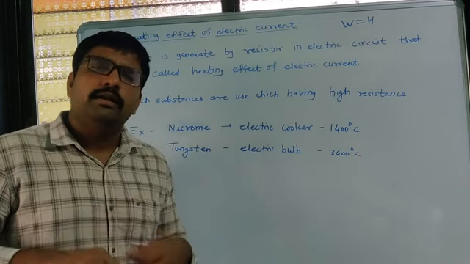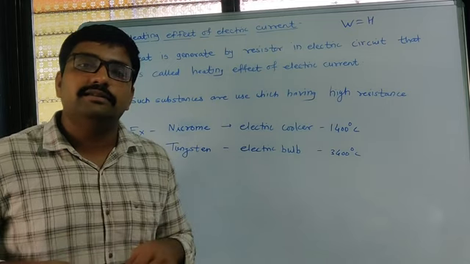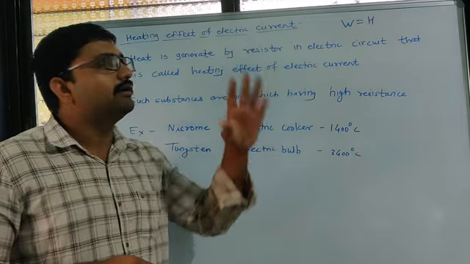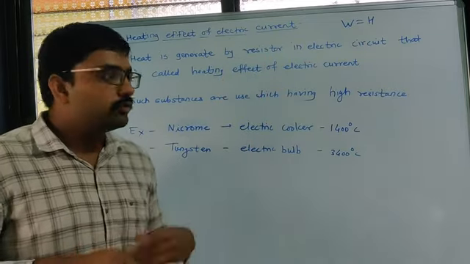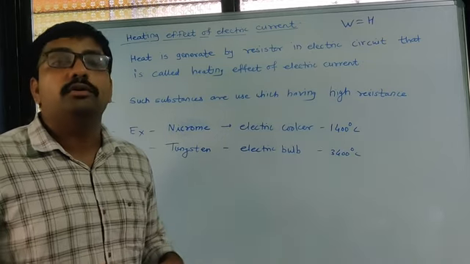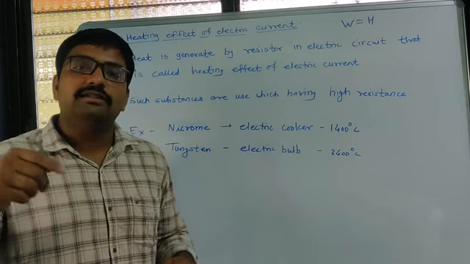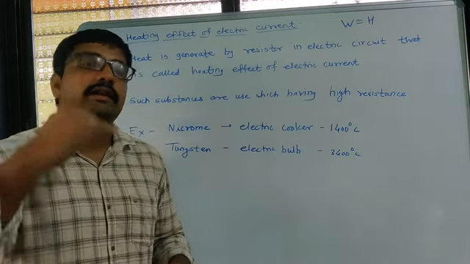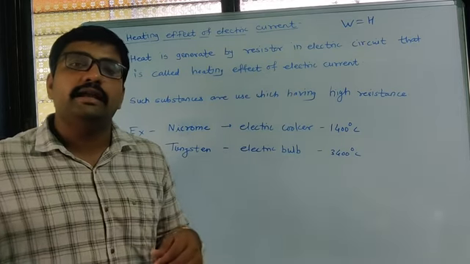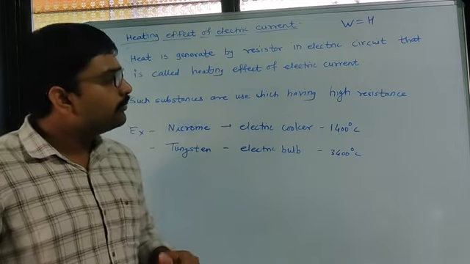So large resistance is present there, and we know if resistance is present, then we have to do some extra work, and that extra work gets converted into heat. So large coils are present there, due to that large heat is produced. Whatever work we have to do there to pass charges through those coils gets converted into heat. As the number of coils is increased, the generation of heat will be large,